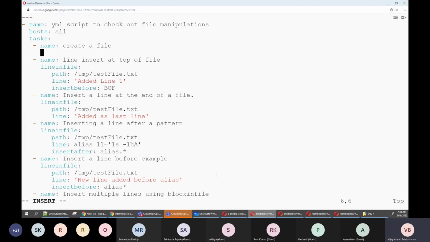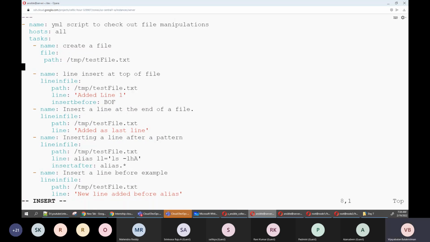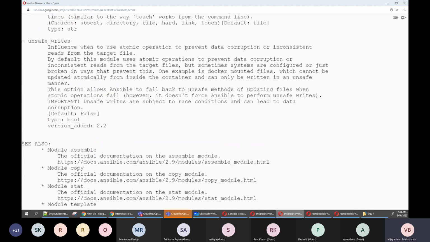So come here. I'm going with the file module. What is the path you need to give? The same, /tmp, and I'm going to give it, but what is the state I need to use? Go back to here. State is touch. Can we go up and see what other options we can use?